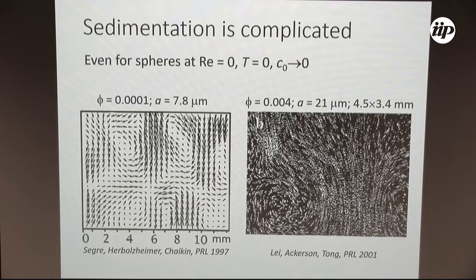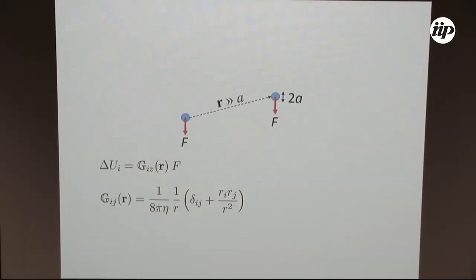So these are not just particles that settle very quietly down. They are very large-scale fluctuations. And this comes about because these particles are strongly coupled over very large distances hydrodynamically. If you have one particle that is pushed by gravity down, then there is flow created by that forcing, and this flow drags along the other particle. And this coupling is long range, and it is described by something called the Oseen tensor. It decays only like 1/r. So this makes the whole system mutually coupled, and that's what leads to this very complex dynamics, which is still not solved.